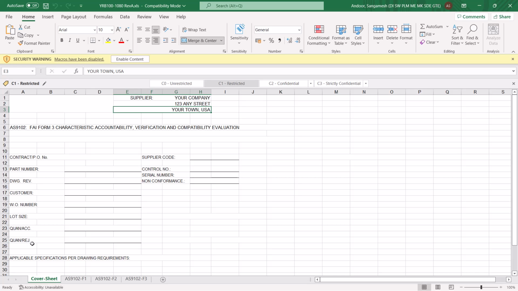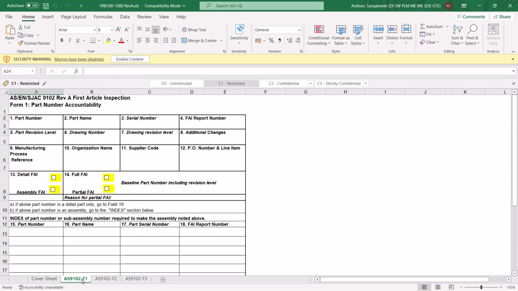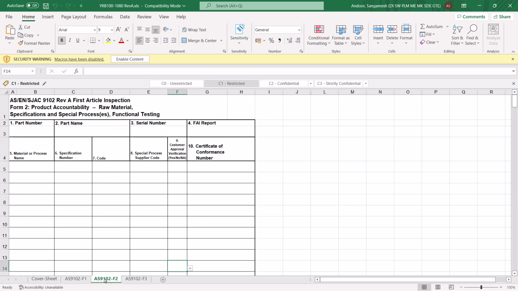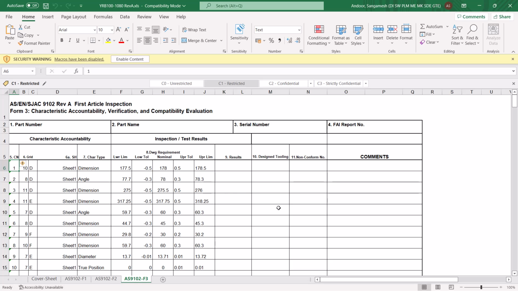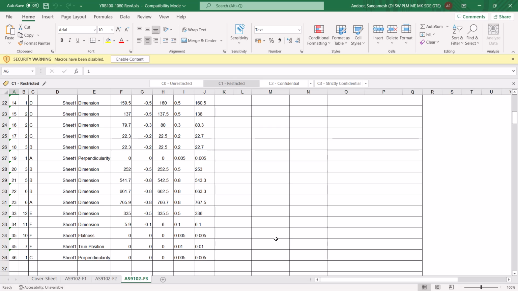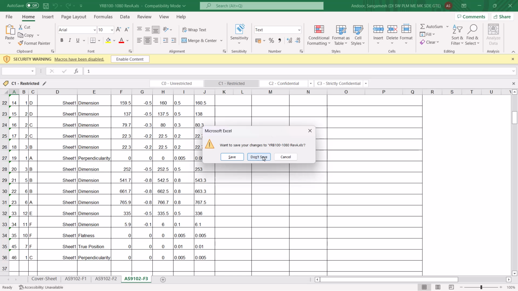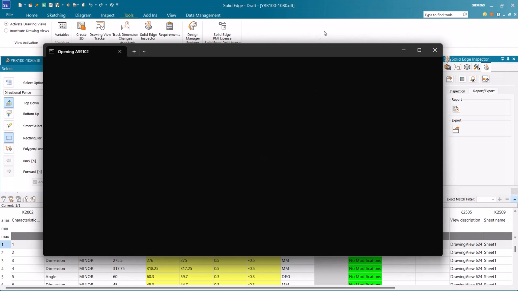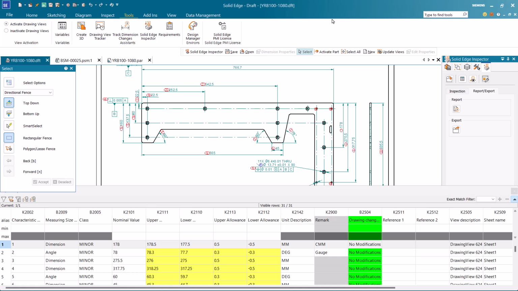In the generated inspection report, we can navigate through different sheets. If needed, the CAD properties can be mapped to the export template so that when we generate the report, the property values are populated automatically in the inspection report. Similarly, we can create a revision compare report by applying a filter to the CN table before generating the inspection report.